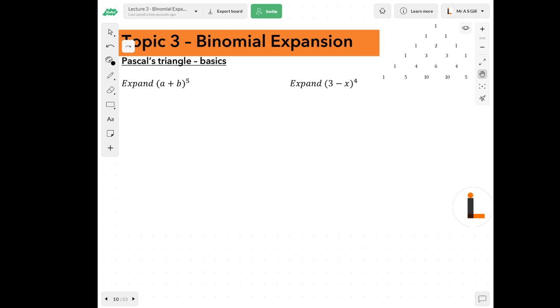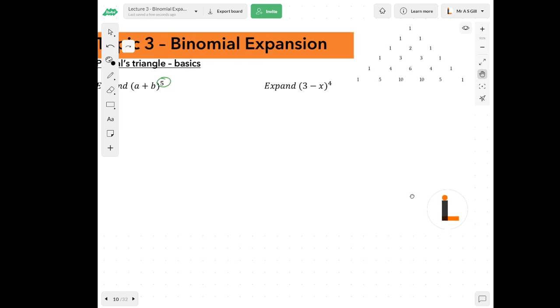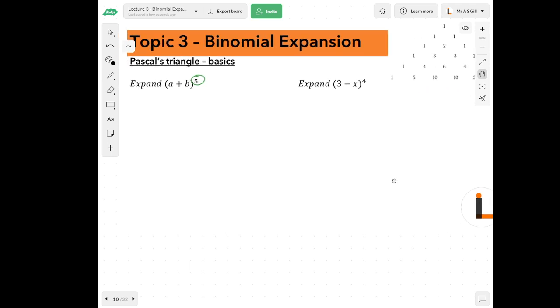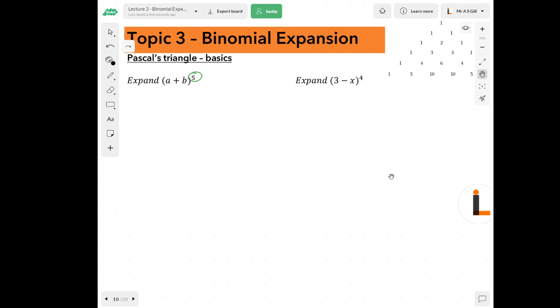And the numbers, the values from Pascal's triangle give us the coefficients of each term in the expansion. What I mean by that is this first one, this is to the power of 5. So if we look at the triangle, I'm just going to try and move this across a little bit. So if we move this across, the coefficients for our triangle will come from 1, 5, 10, 10, 5, 1. So what this means is we'll have,